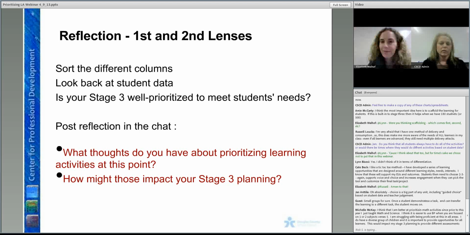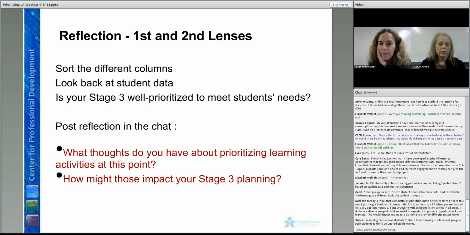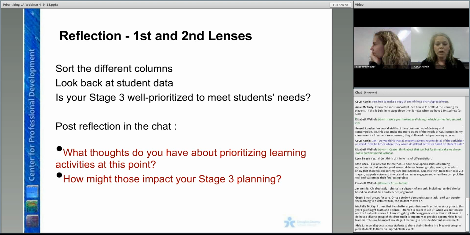I think that when you look at some of the highly effective descriptors on Site Standard 3, teachers were again really afraid that they had to create individualized lesson plans or learning plans or stage 3 plans for all students. And I think we've done a lot of work at the middle level, and I know a lot of schools have, where they've done some data sharing and some data conversations and goal setting conversations with students so that when they look at outcomes, their students have a baseline knowledge of their own data. And I think you can do this even with younger children, saying, here are my strengths, here are my weaknesses. As students get older, you can talk really specifically about what their strengths and growth areas are from